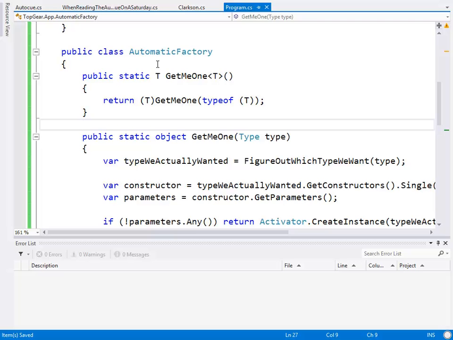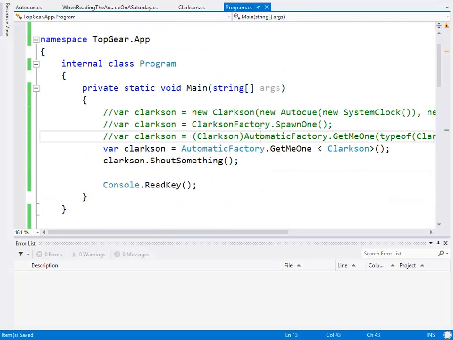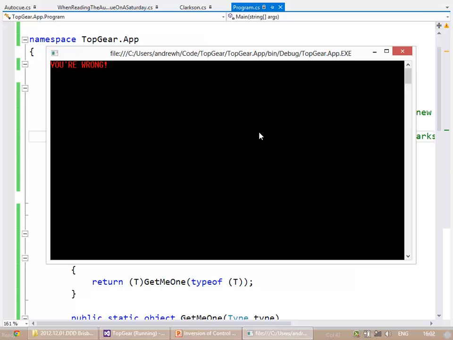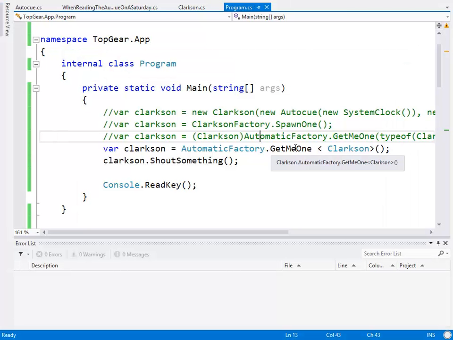Now I'm not going to bother running that, but we're pretty good here. All right, actually we will run that really quickly. Great. Done. They're wrong. Done.